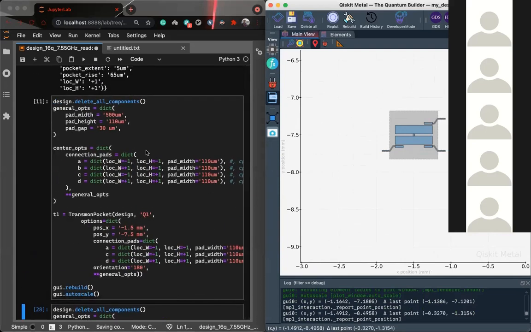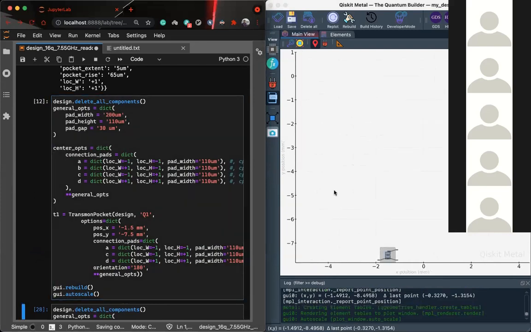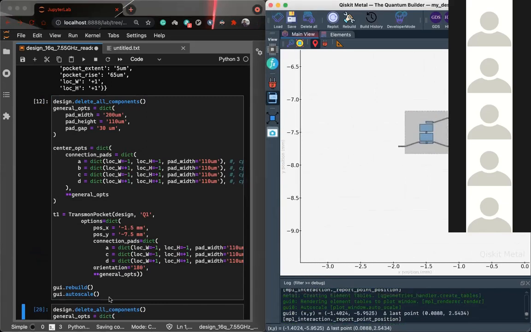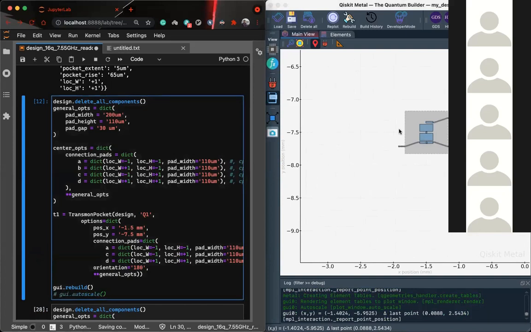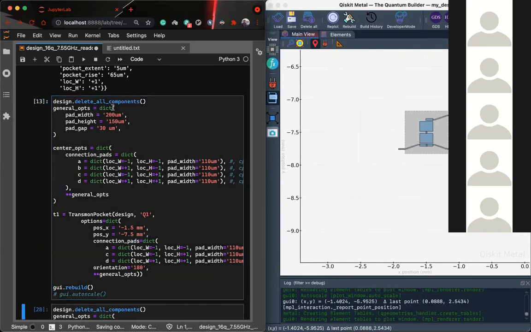So what I can do now is change the parameters. I can change the pad width and it will make the pad shorter, or I can change the pad height to, let's say, 150 in this case, so it broadens the pads and so on.